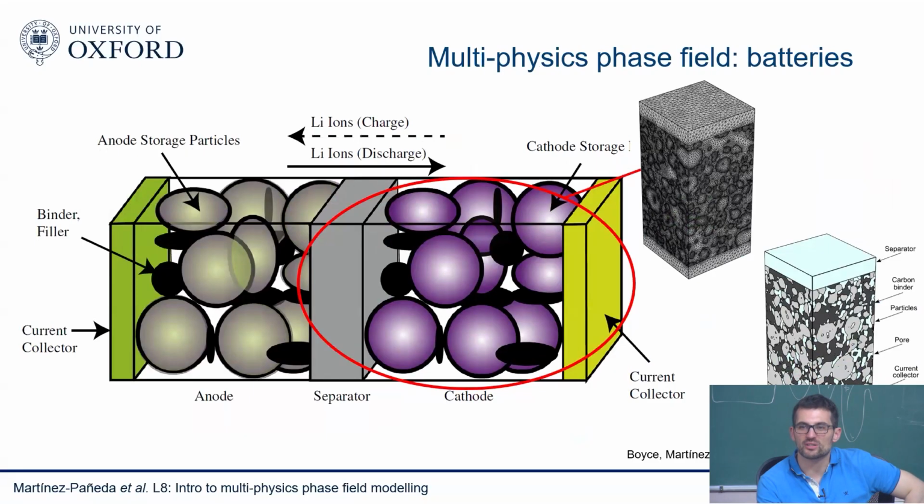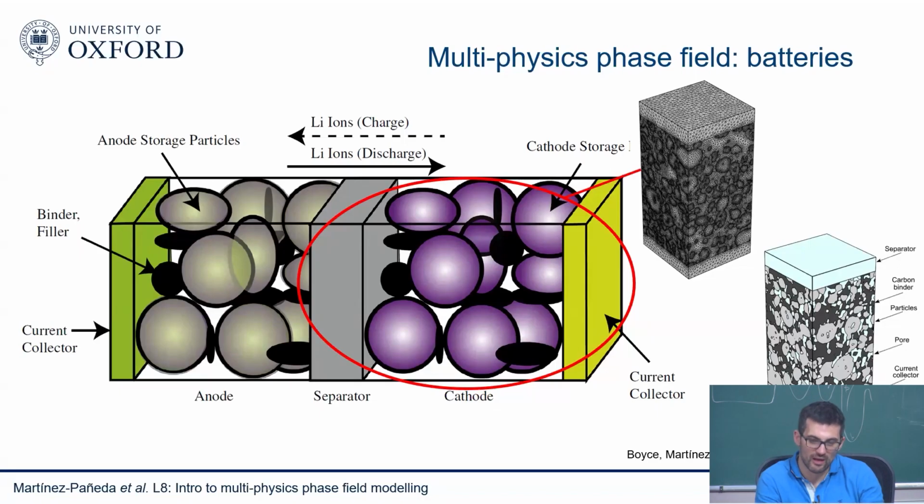The other thing that we did was to extend it to the electrode level. So again, computers are becoming large enough, so why don't we go from single particle to full electrode? This is work together with a good friend of mine, Adam Boyce, and with Paul Shearing, who was at UCL but now is at Oxford. And Paul Shearing and his group are experts on XCT technologies, so they were able to obtain very nice images of the entire, not the entire, but the large scale